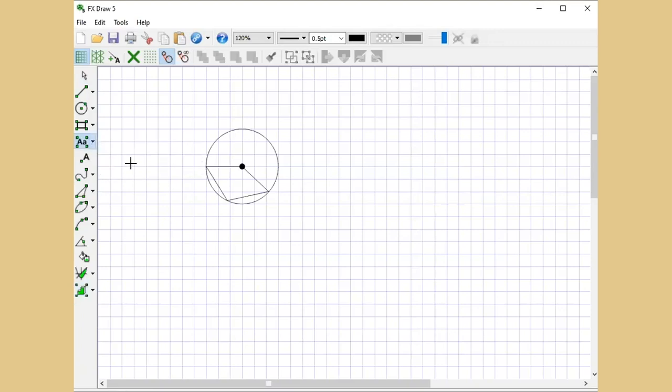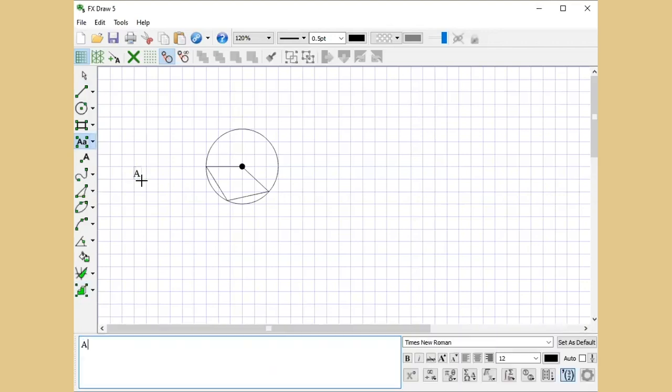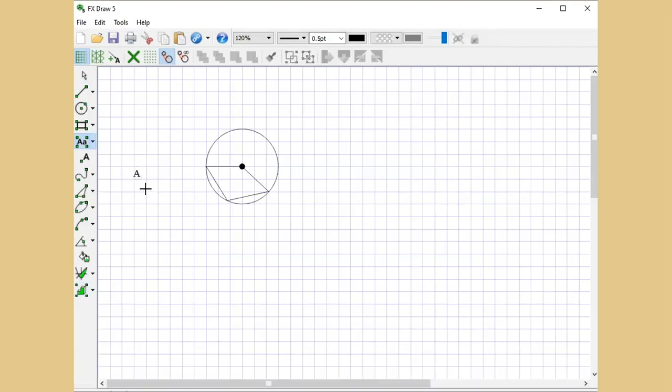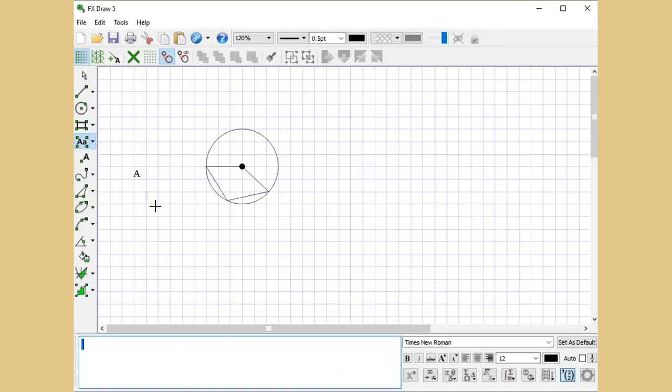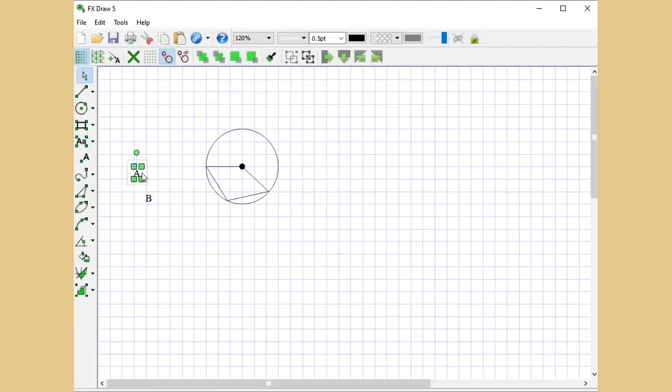If I am adding text to it, it is like A, or I am adding it like B. I'm just marking two points because in this video we are dealing only with the gallery images. That is how we can use them, and we can make changes in them also. So if I mark it in the image, now I have selected the point. So B point will come here. Similarly, you can mark the angles and you can mark the figure.